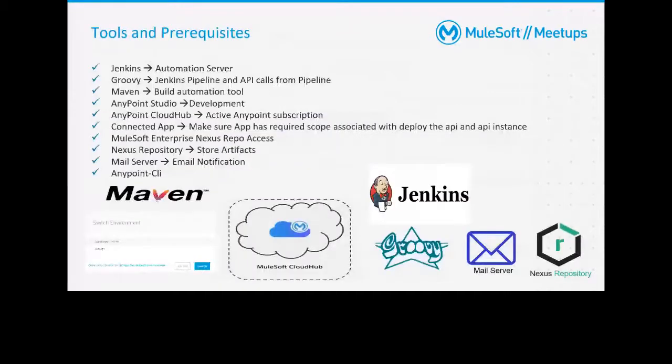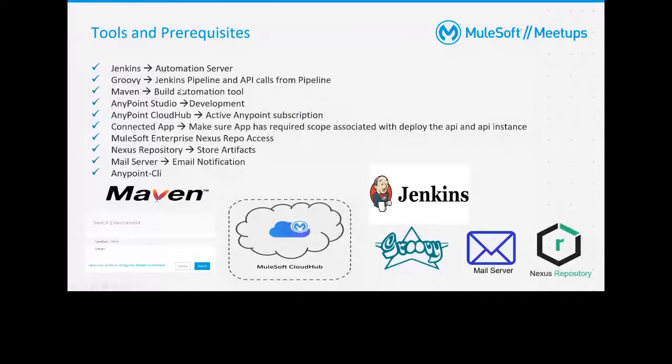So let's begin. So I talked about the right tools. The boy who is sitting and asking, do I have the right tool? So these are the ones which we are going to use today for the whole setup of CI and CD. So what all things would you need? You would need Jenkins, and some experience in Groovy, not much. You should just understand the scripting of it and what things are happening in Groovy.